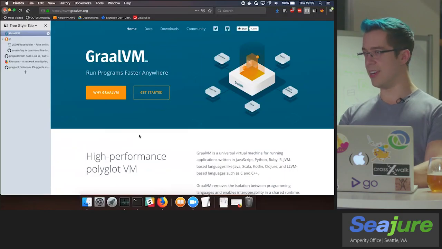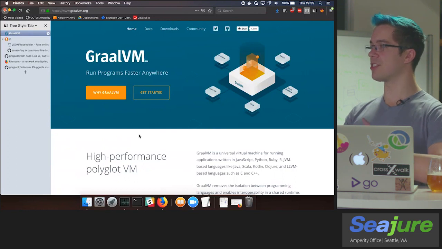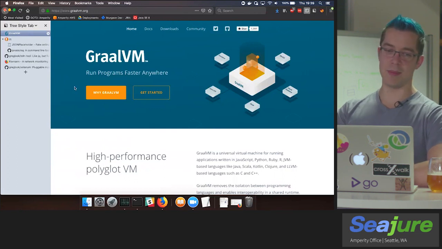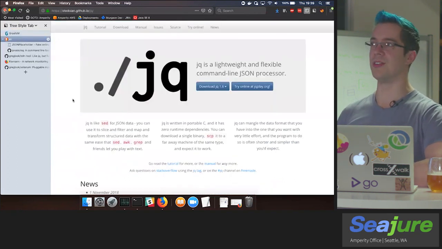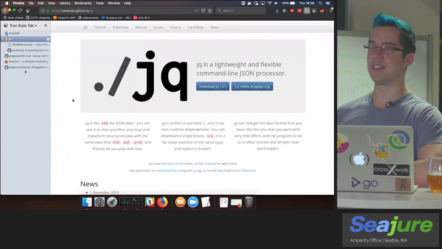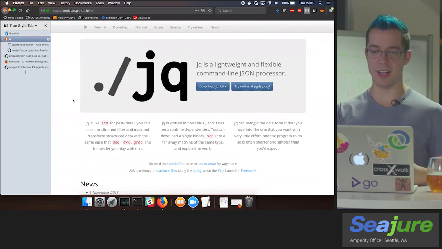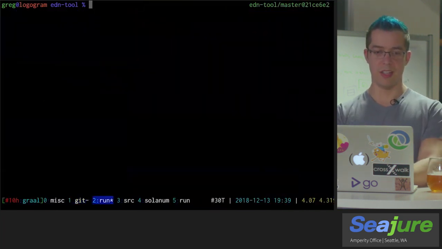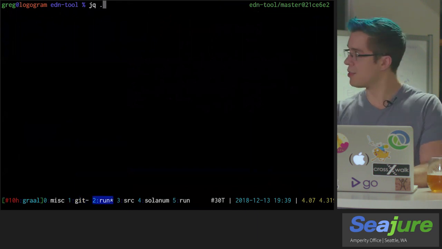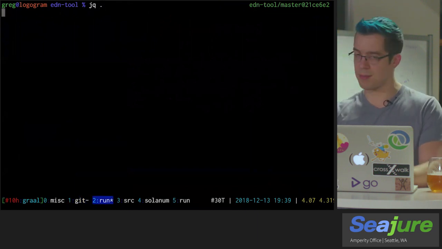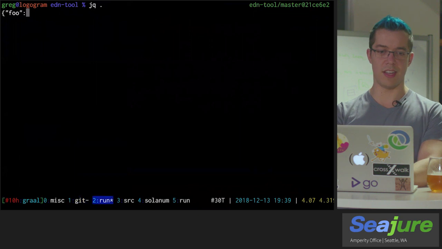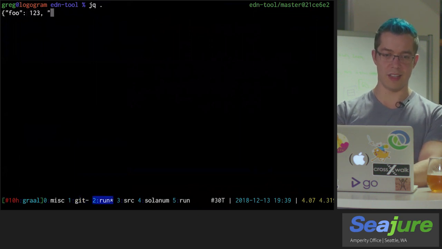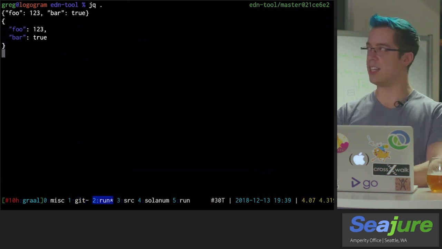So, to motivate this talk and scratch a personal itch, how many people have used jq, the command line tool? Okay, so about half the people here. For those who haven't, jq is really useful for interacting with JSON code. And at its most basic, it accepts information on standard in, formatted as JSON. So we can give it a simple object here, and it will